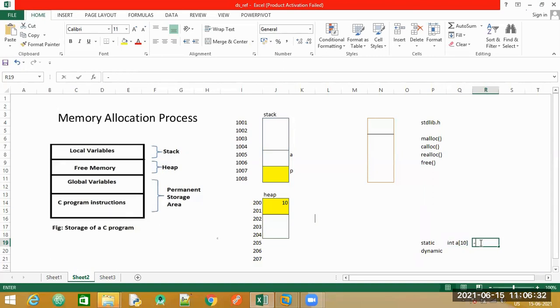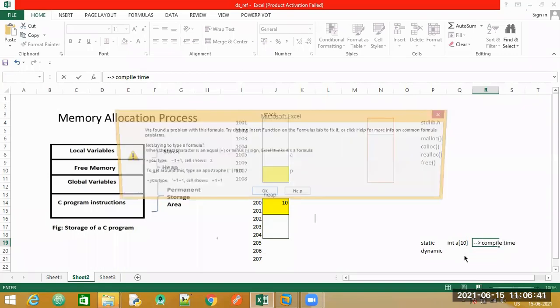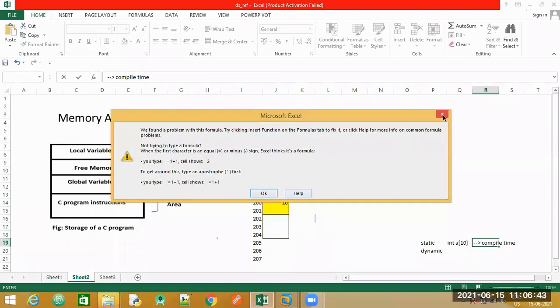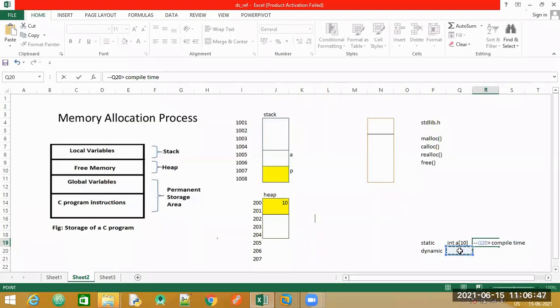Let me write it here. This is at compile time. And for dynamic memory allocation, this is at runtime. So the memory space that is allocated at runtime is called dynamic memory allocation.